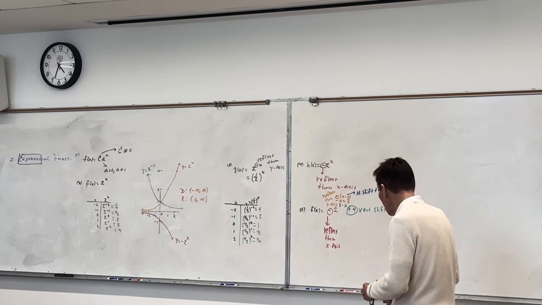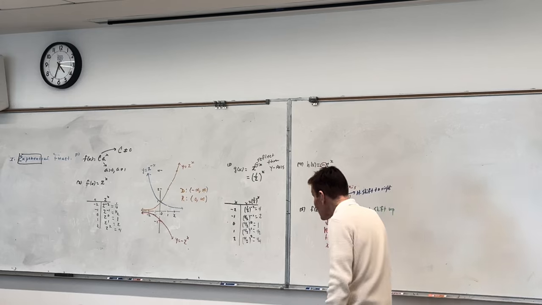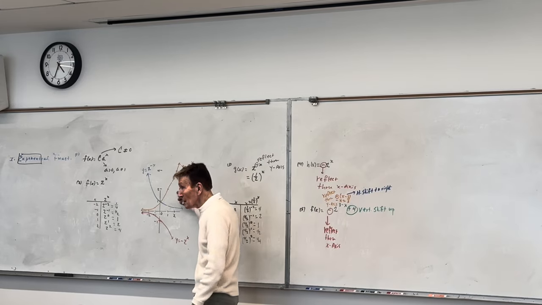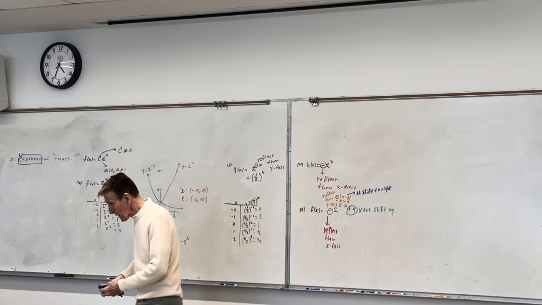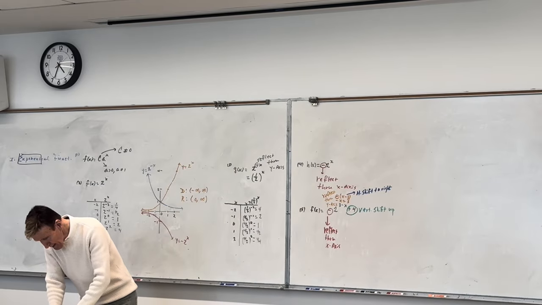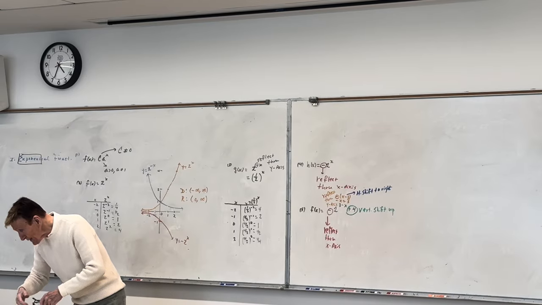Now in your parent graph, what is your parent graph? You're doing 2 raised to the x. That's your parent graph back here. We'll first sketch that 2 raised to the x first. You guys can see what that looks like. And let's try to put all this together. Now when I finish it up,